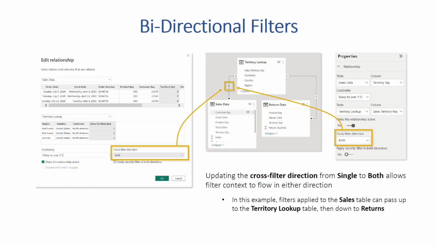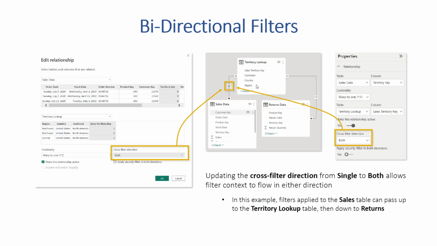So, the bi-directional filter. In the previous video, we tried to understand the concept of the filter flow. In the filter flow, the filters were coming from one side. Here, if I double click, or right click and open properties, I can put both ways, bi-directional,